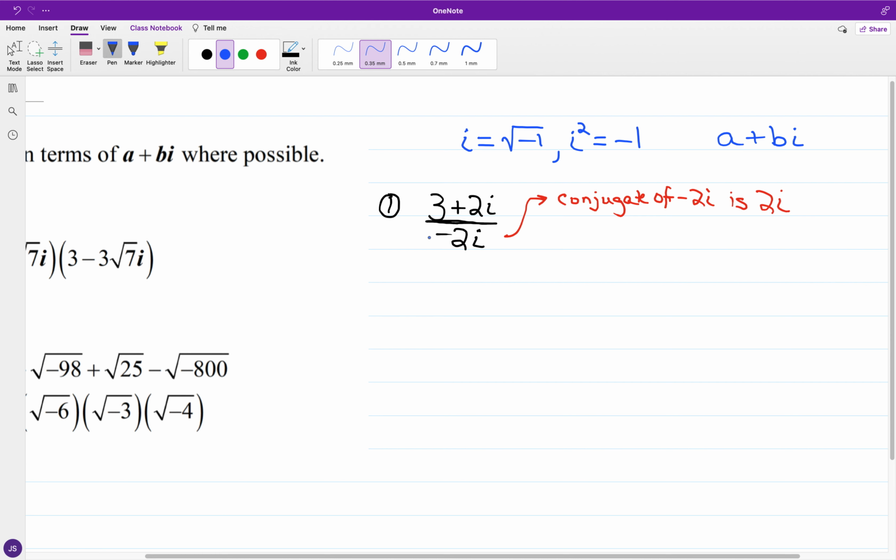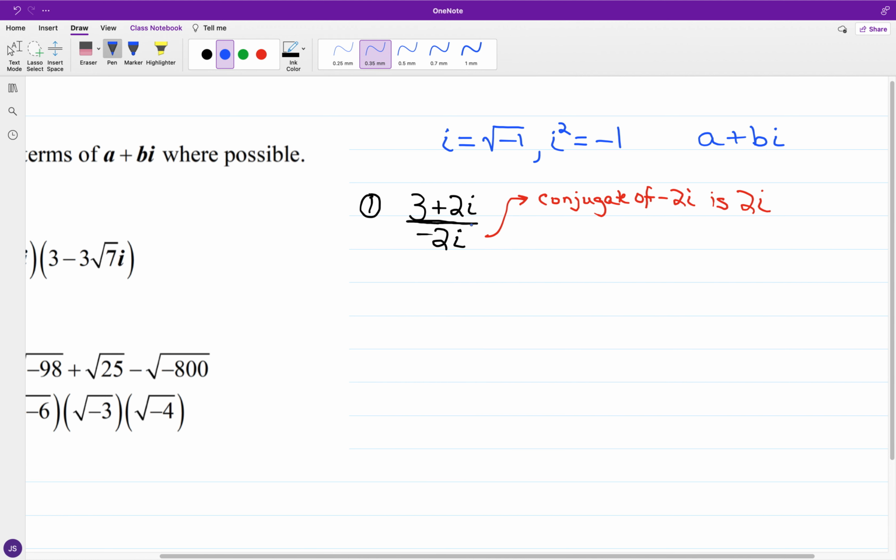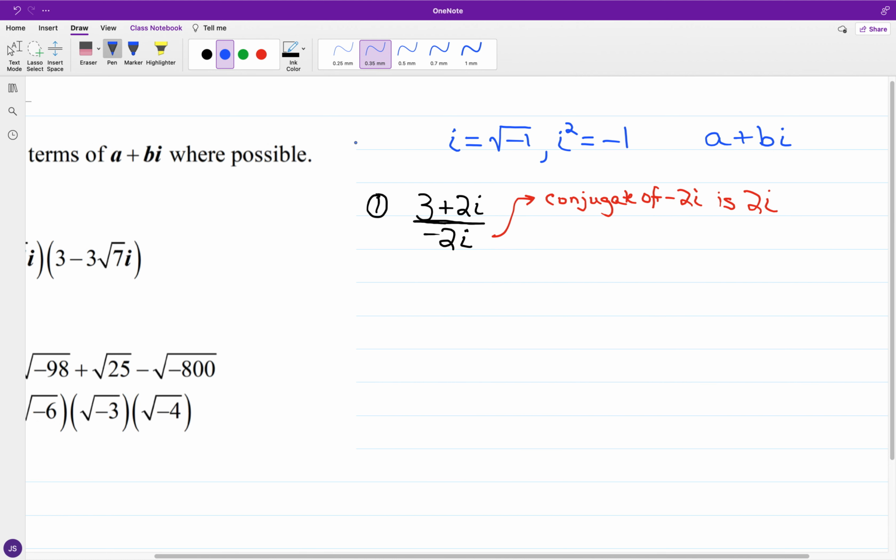Now, in looking at simplifying in terms of standard form, we have the ratio 3 plus 2i over negative 2i. We can get this closer to standard form by multiplying this ratio by 1 in the form of the conjugate of the denominator divided by itself. So we have 3 plus 2i over negative 2i, and if I multiply the ratio by 2i over itself,